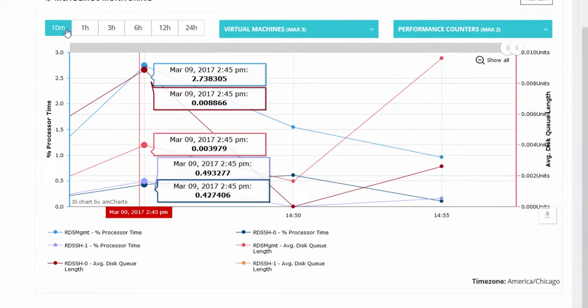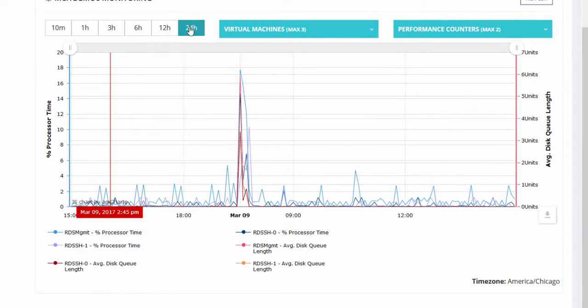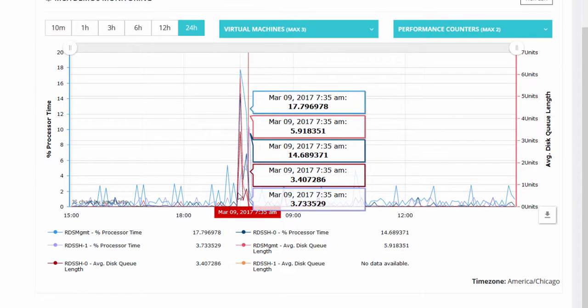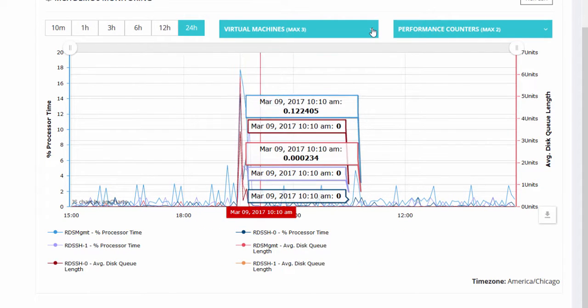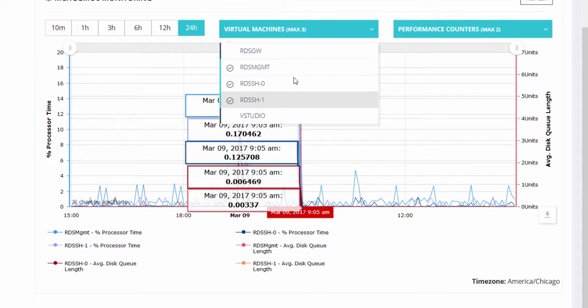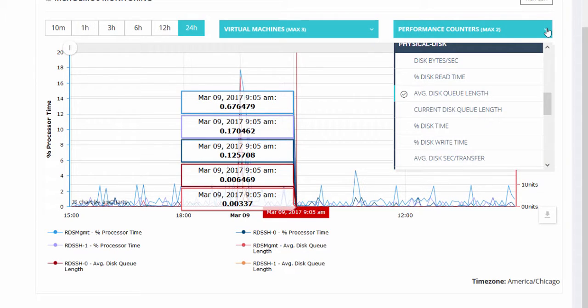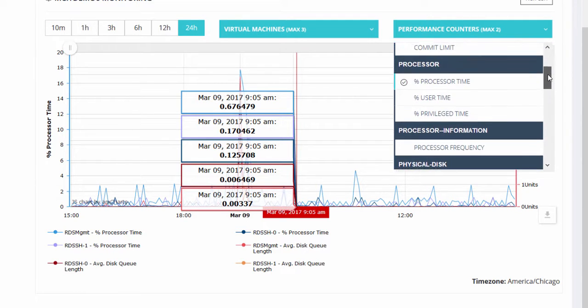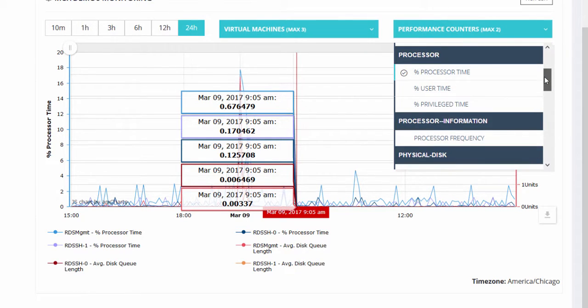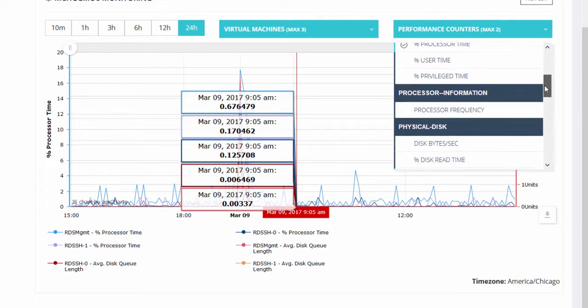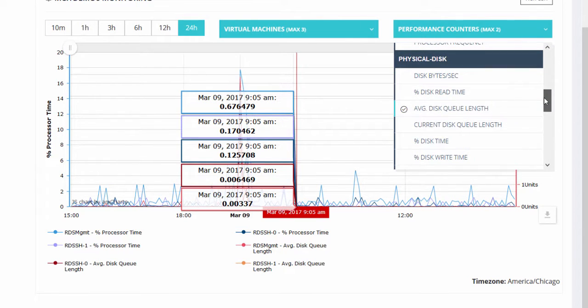We have our time frames again, so we can drill back out to the full 24-hour period. Of course, that does nothing more than get us to focus on a space. All of the virtual machines in our deployment are available and can start giving you some insight on when you need to scale up some resources. For our performance counters, we only let you monitor 2 at a time. While it would be nice to throw a whole bunch in there, the reality is then we have a graph that's unreadable. So we do it 2 at a time, and since we give you that whole 24-hour history, at a quick glance you can pop through and look at some